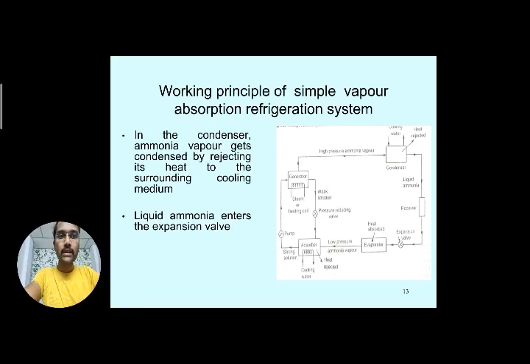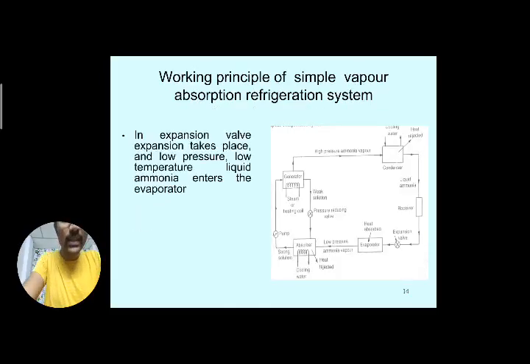So it will collect the liquid ammonia, and depending on the load conditions in the evaporator, it will give out the refrigerant to the evaporator component. So from the receiver, this is a liquid line, where the liquid ammonia is sent into the expansion valve. What is happening in the expansion valve? Right. So let us see here.